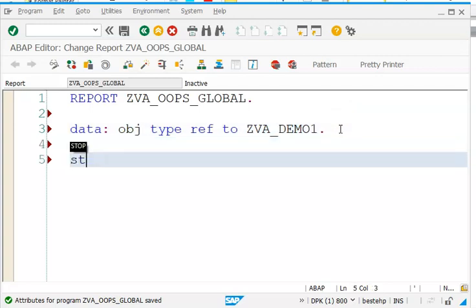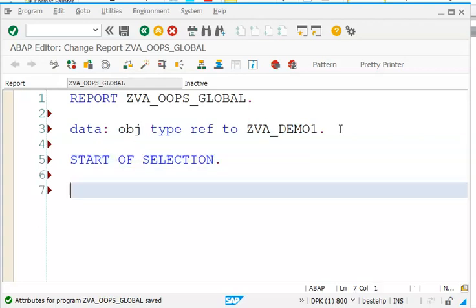And we have START-OF-SELECTION, and then we'll write CREATE OBJECT obj,